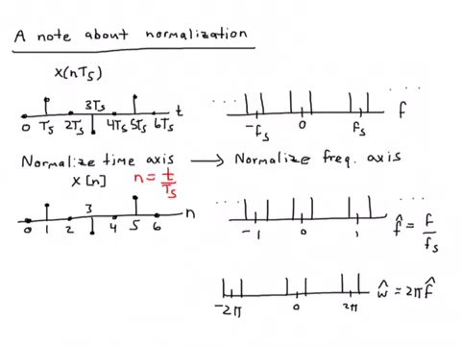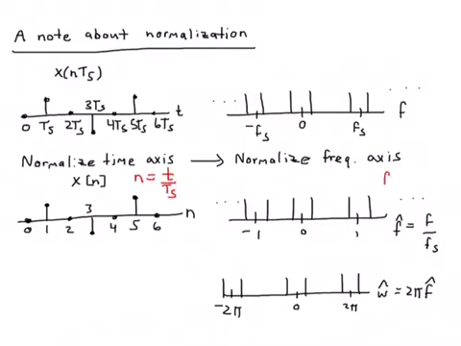Because frequency is just how fast something repeats in the time domain. So we might naturally say, well, that kind of corresponds to a frequency axis normalization. And indeed, we can normalize the frequency axis. What we're effectively doing is normalizing the frequency axis by dividing by f sub s. Equivalently, we're also multiplying by